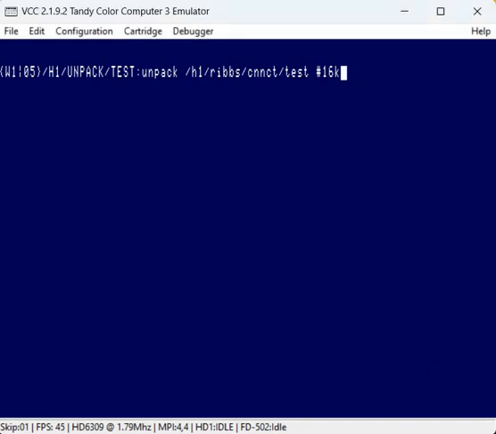Okay, this is Unpack in its current state. It's not complete, but the part that's here does work. I am going to show all of the